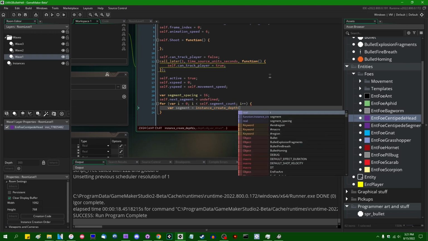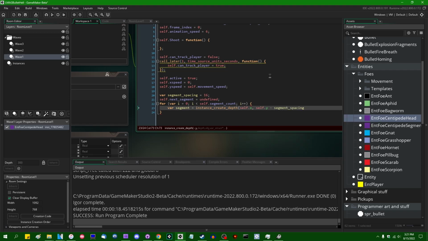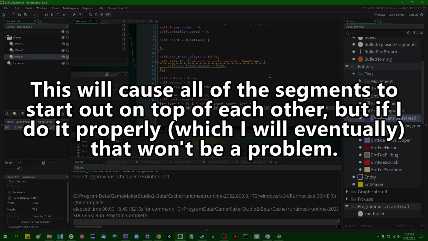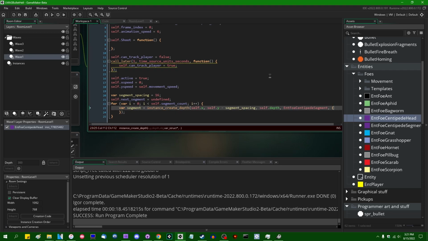Segment equals instance create depth. They'll all start off pointing downwards, so this is going to be self.x, self.y minus segment spacing. Depth is going to be self.depth. Object is going to be ent_fo centipede segment. And let's see, the structure of information is going to be self.spacing. It's going to be segment spacing. Oh, all right, once again, that needs to be a colon there. We'll also keep track of the segment index. Index can be i plus 1, because the head is going to be index 0. I guess I can...